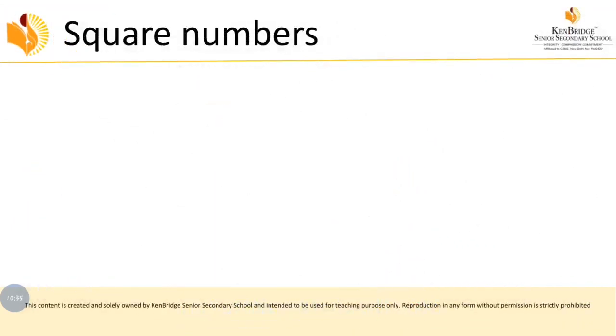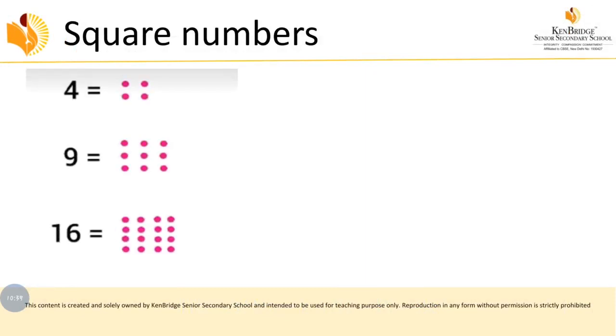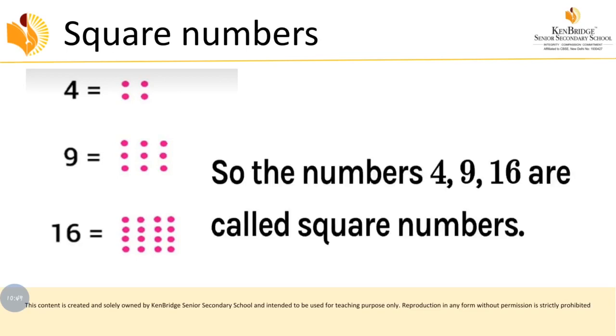So next is the square numbers. Here is an example for square numbers. I have shown 4, 9 and 16. Square numbers means, for example, 2 squared, you have to take 2 squared. 1 squared is 1. So 1 cannot be represented as a square because it is a single dot. You can't represent it as a square or any other shape. So you just ignore it.